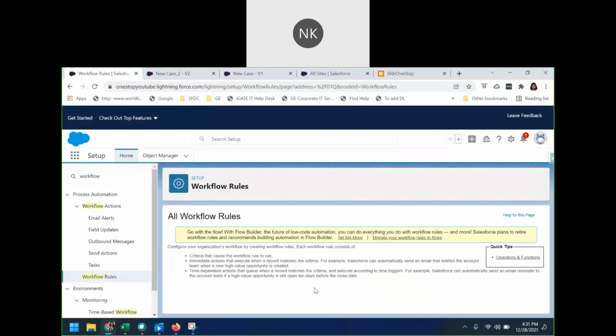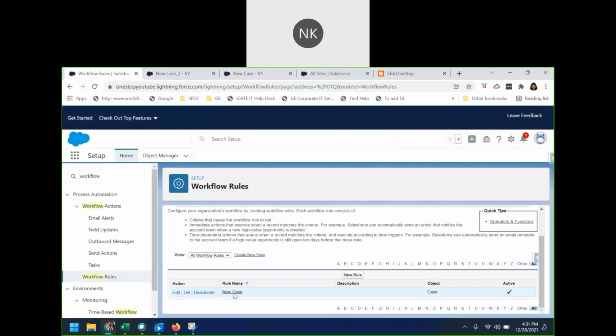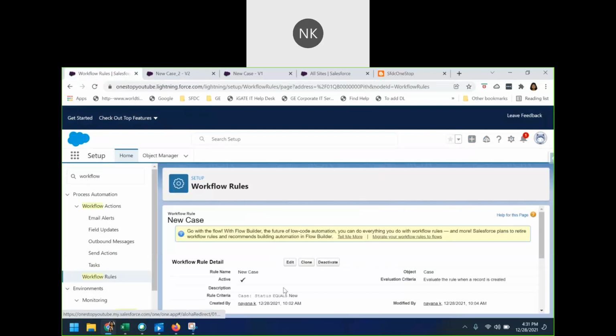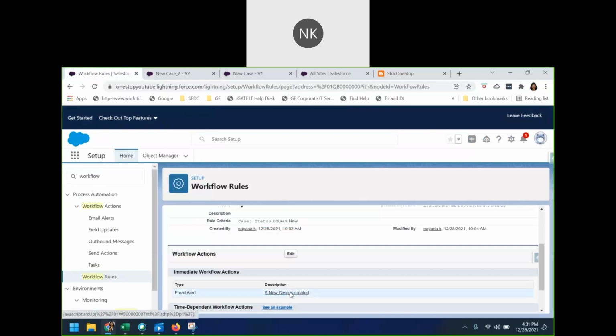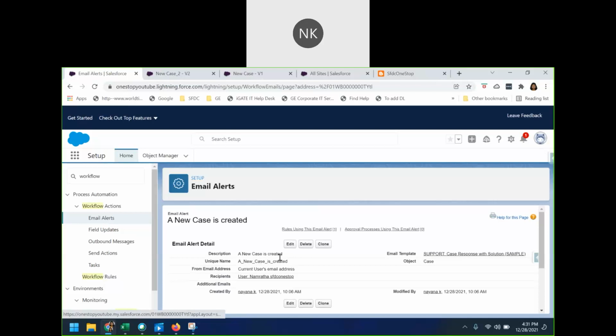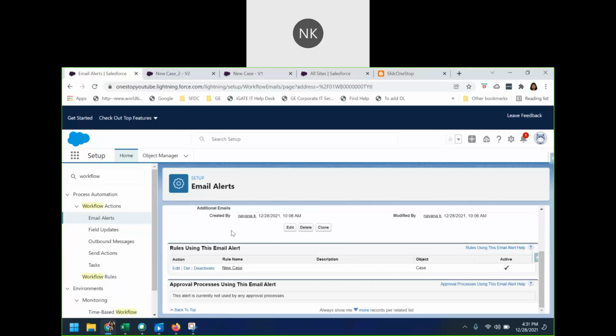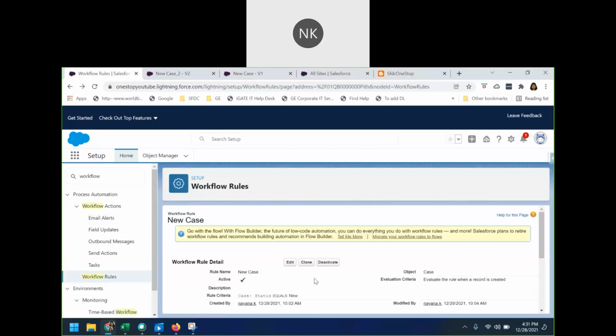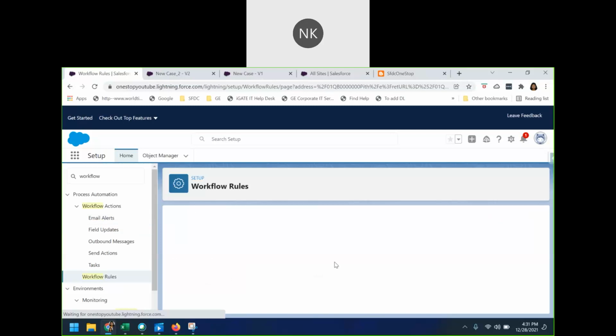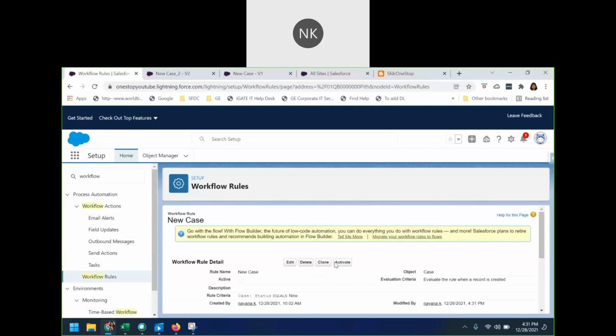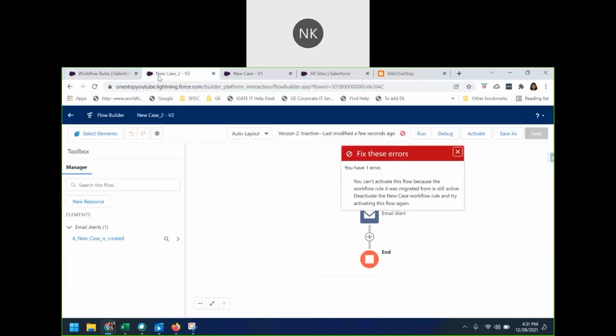Click on continue. Here you have this workflow rule, right? See, I have given this specific a new cases created. But on top of that, I've used a very simple sample support email template. Okay, let's not get into the details of that. So here, let's deactivate the existing workflow. Once you deactivate the existing workflow, here you see that the active is not enabled. Now let's go back here.